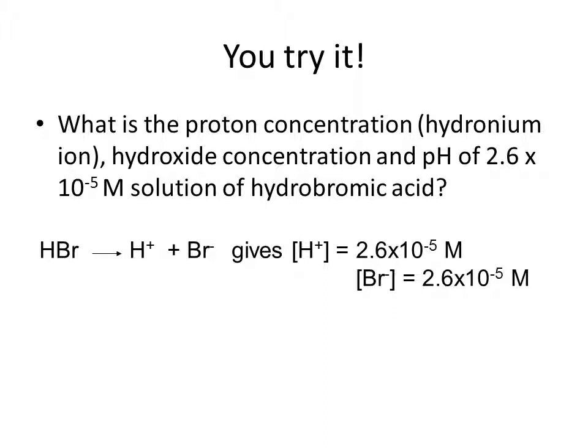To get my hydroxide concentration, I use this equation: proton concentration times hydroxide concentration is 1 times 10 to the minus 14. I can rearrange this equation